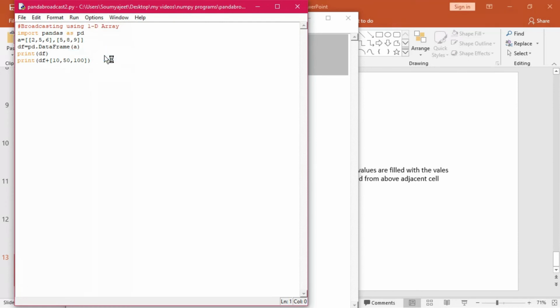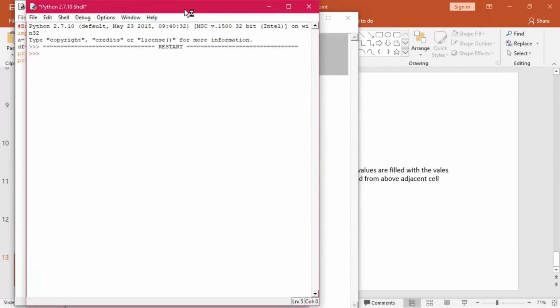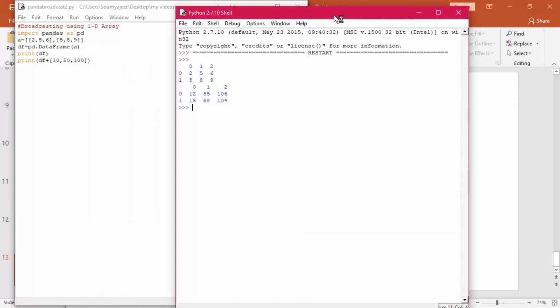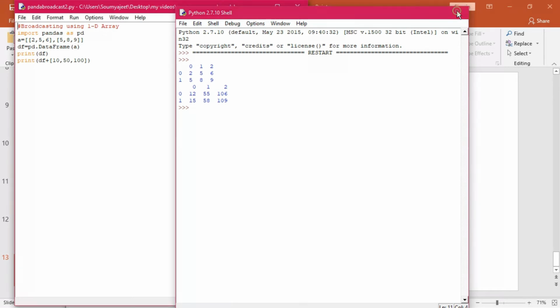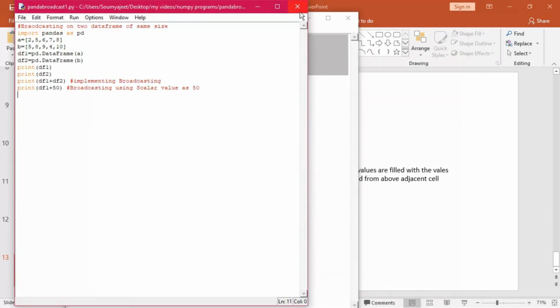This is just the operation done on a single dimensional array. You watch the output out here. You see out here, each value has been added with 10, 50 and 100. So 10 plus 2 has become 12, and 50 plus 5 is 55, and 100 plus 6 is 106. And as well, the second series also has been added with these particular values. So in this way, we can do the broadcasting operations as well.